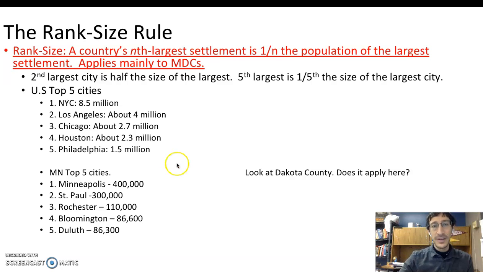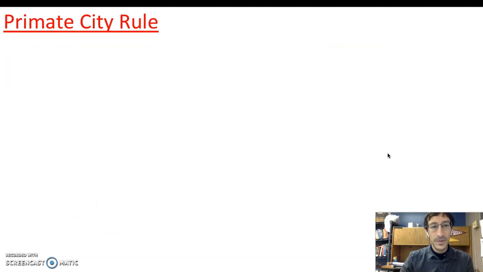But what about Dakota County, where Simley High School is located? What does it look like here? Okay, so that's something that we'll do in class. But also think about how does that apply to other states? What about Canada? What about Mexico? What about Japan? What about England? So it's really interesting to play out and do that, and so we'll do that more within the class.